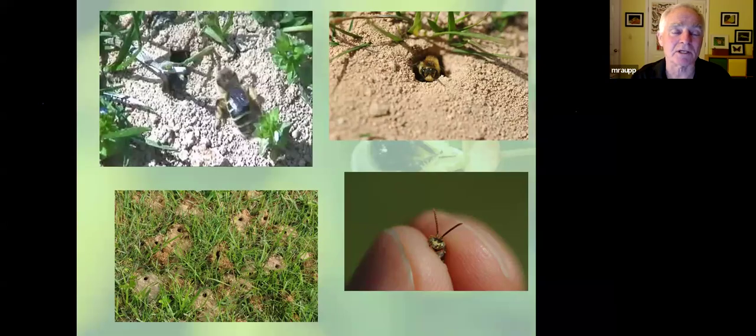Now, oftentimes I'll get a phone call and somebody will say something like, oh man, I was out golfing today and there were all these bees flying around the green. What should I do? What can I kill them with? And I say, well, why would you want to kill these? These are native pollinators that are helping make our world go around. Well, they might sting me. Well, let's think that one through for a second.